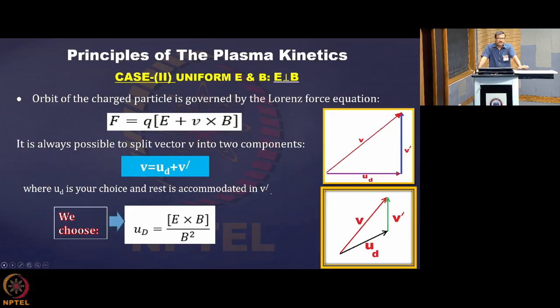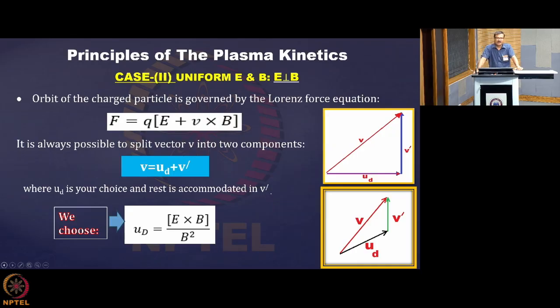This is a very peculiar kind of motion. Usually, when I ask a student, they reply that the charged particle will rotate because of this v cross B motion, and then it will be drifted along the electric field E. So their answer usually is that the charged particle will move along the direction of E, pitching with some pitch and making a rotational behavior, but the drift will be in the direction of E. But this is actually not the case. This is actually not the case.